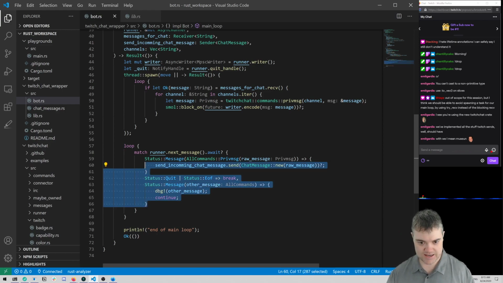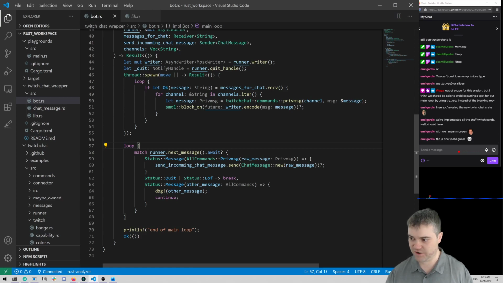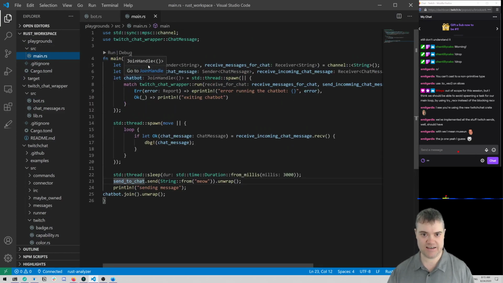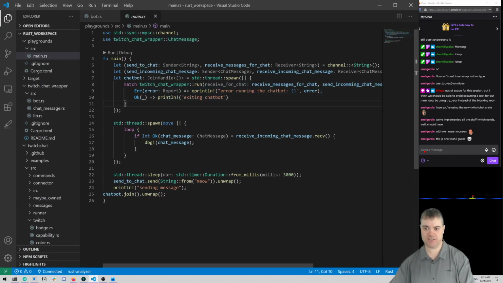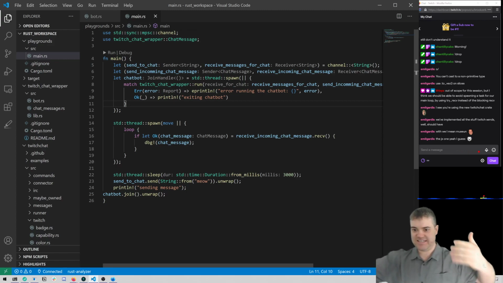Super nice. And what we've done is I've created this wrapper that I could drop in and then use. So if we look at our playgrounds here, I can just pull in my Twitchchat wrapper, create a thread and run it. That way it just suddenly gets all of the Twitchchat messages and sends them over to me.